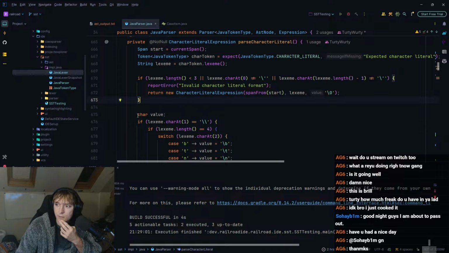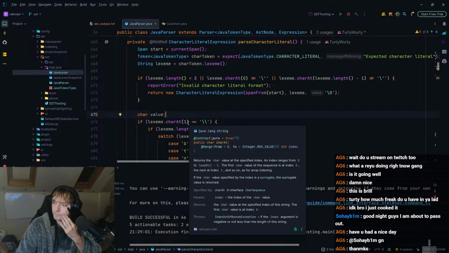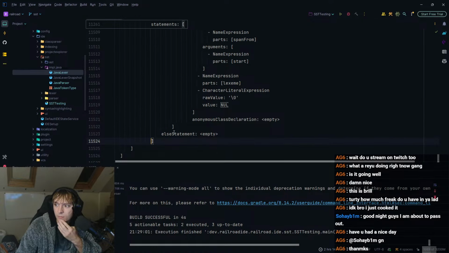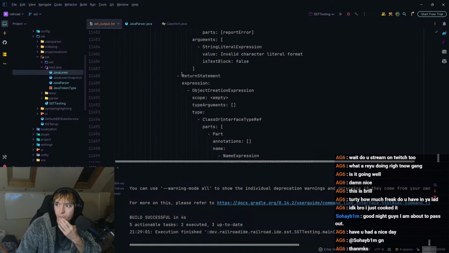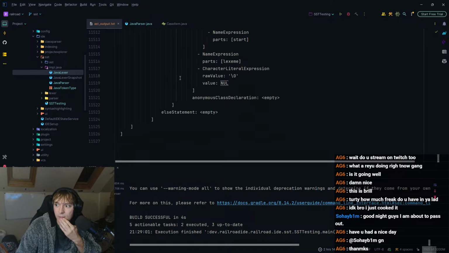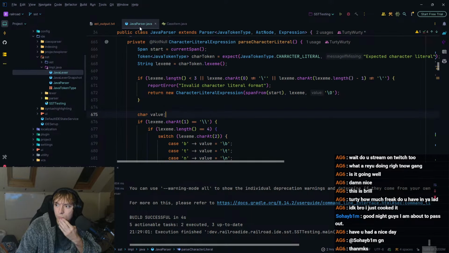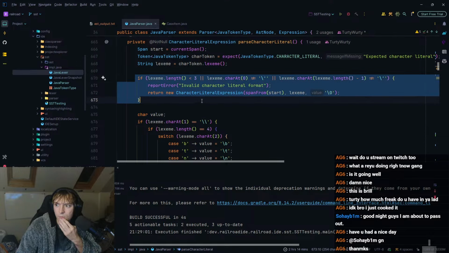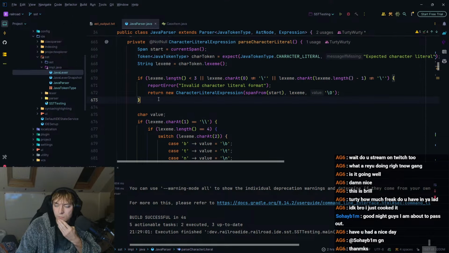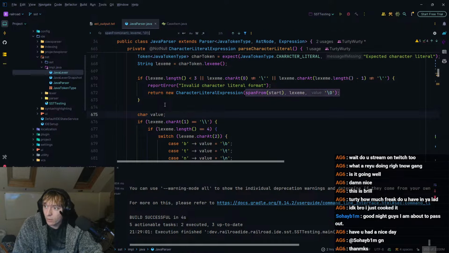My guess is that it can't pass this, right? Because it's completed that return statement from here. And then basically it doesn't know what is coming after this. So it knows there's no else statement. But it doesn't know what to do with this, presumably, is my guess. Now as for why, I don't know, to be honest.